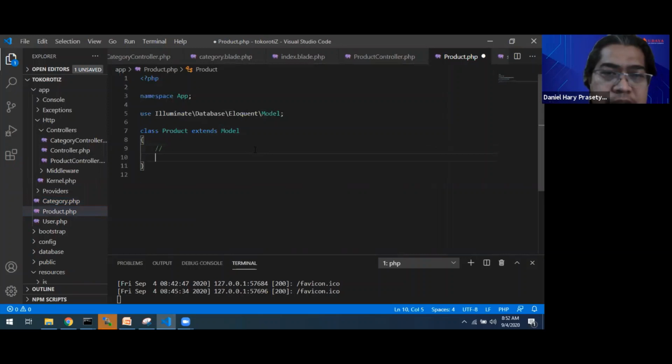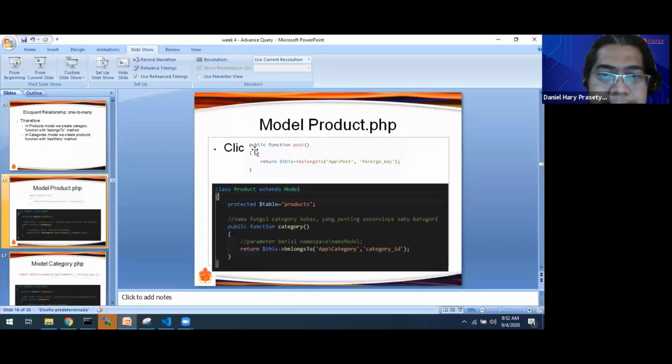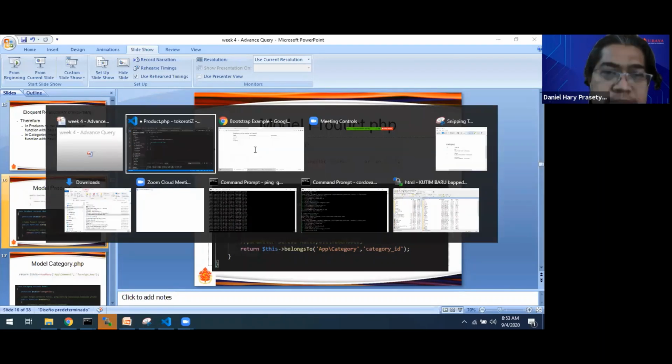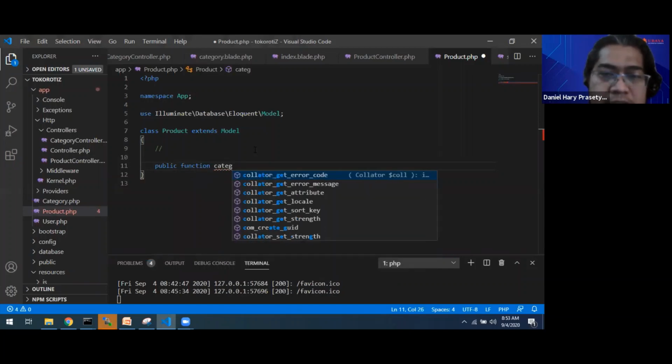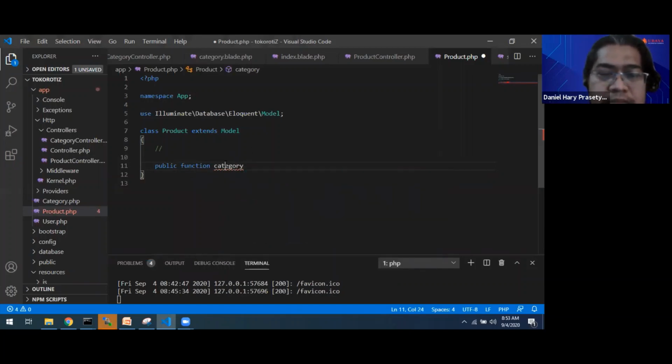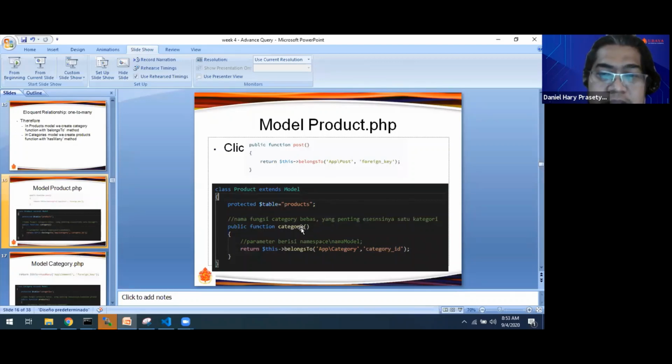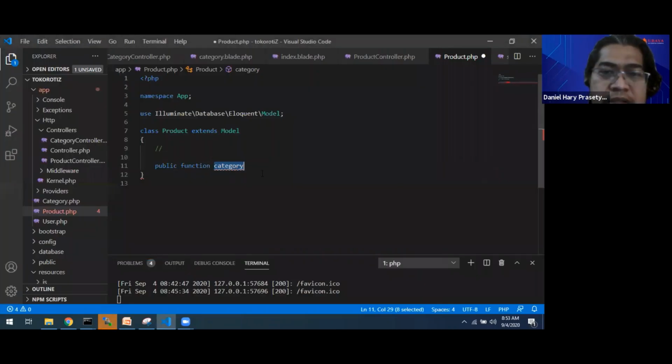In class product, we create public function category. The name is free, we can actually use another name, but the function is for taking the one category.